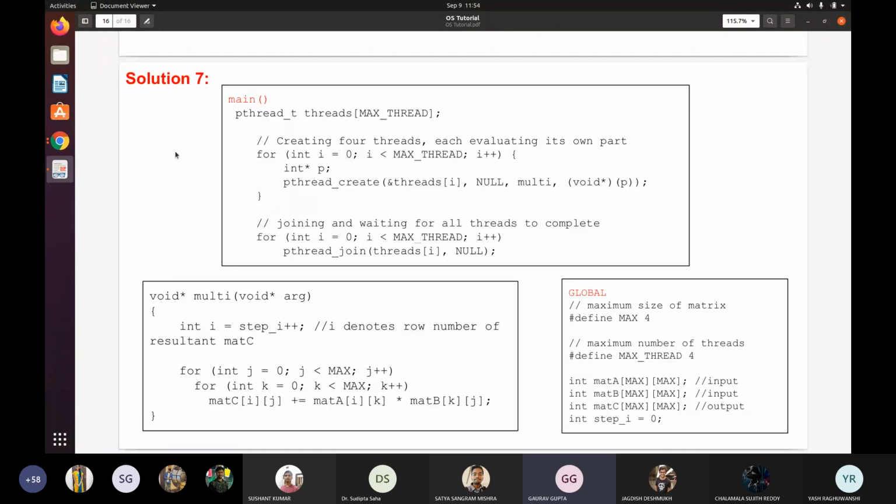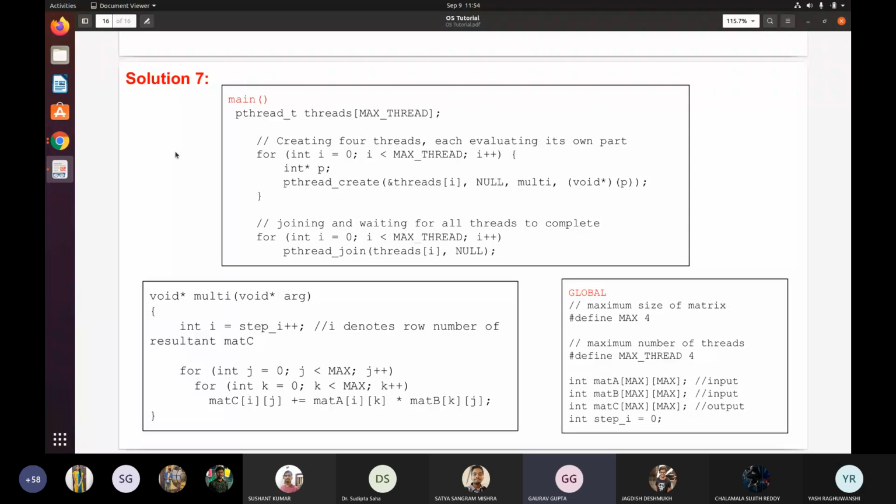Like if you want to create 3 threads, t1, t2, t3, and similarly we can join them. By joining, what they mean is the program will not end until all the threads complete their execution. So this multi function is the main part here.